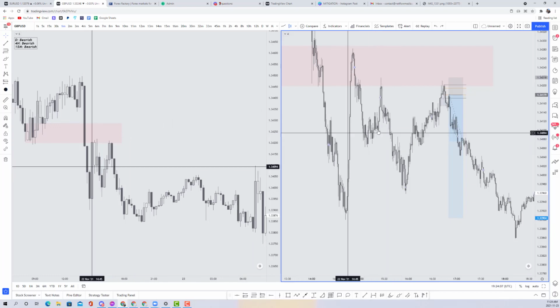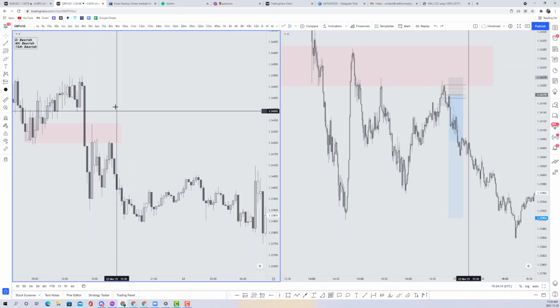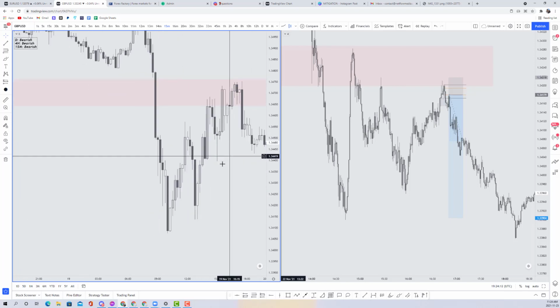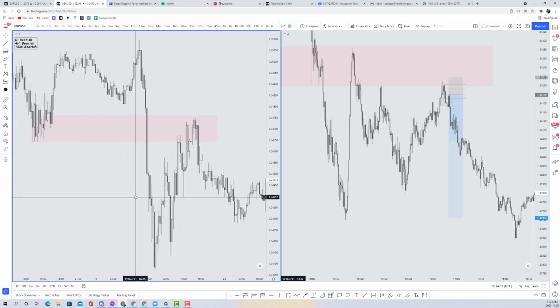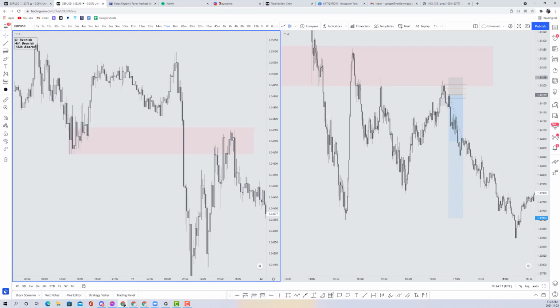Whoops. Let's go take a look at a couple more breaker blocks I marked out here. So here we have another one again. You can see we have 2 areas. Now,